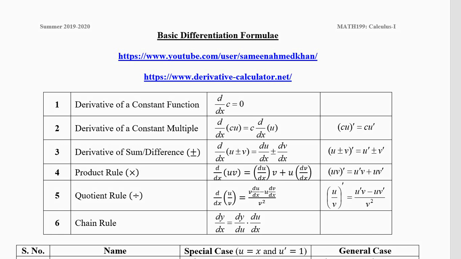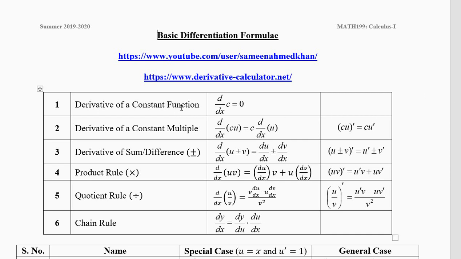In the last few lessons, we saw how to differentiate functions using the definition. We cannot always use the definition, so we need to differentiate using the formulae. Today we'll do two sets of formulae. The first set has six formulae, kind of. The second set can be very large. I'll explain it after explaining these six in the first set.